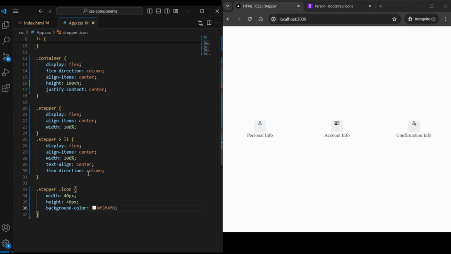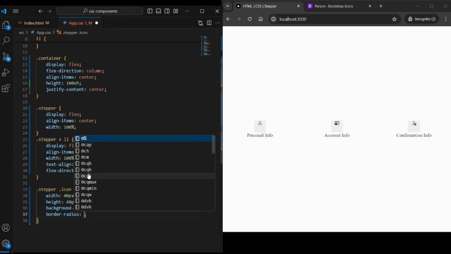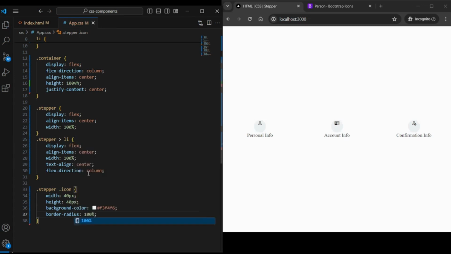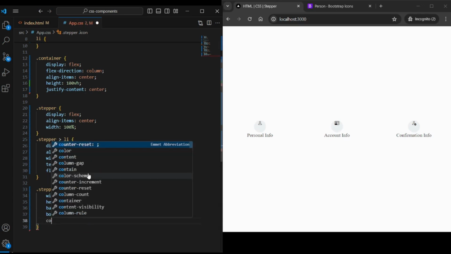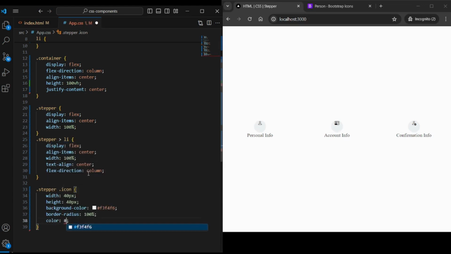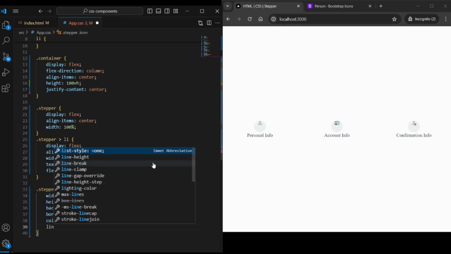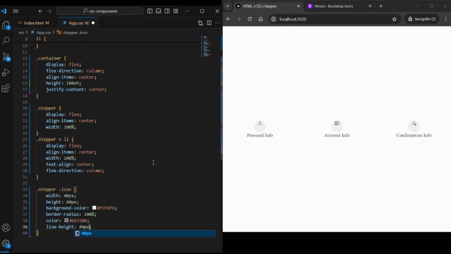Let's add the rounded corners. So for that we are going to use the border radius 100%. So the rounded corners got generated. Let's add the color for the icon. By default we will use the gray color, hash 6B7280. Let's save it, and by default the icons are not in the center of this circle, right? Let's add the line height 40 pixel. So by adding the line height 40 pixel, it will move to the center of the available space,